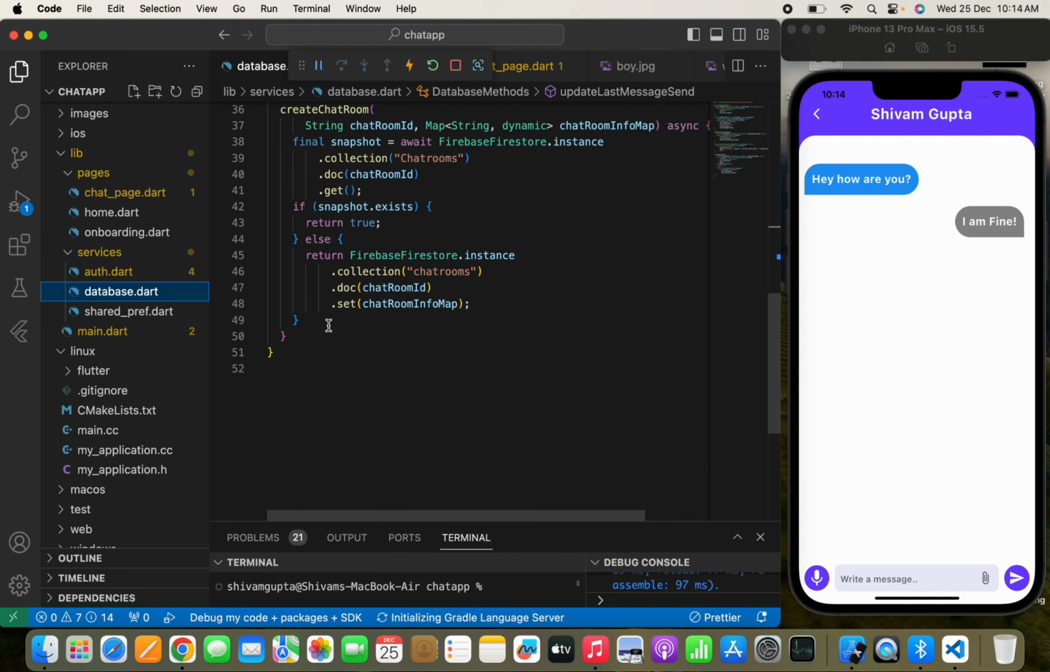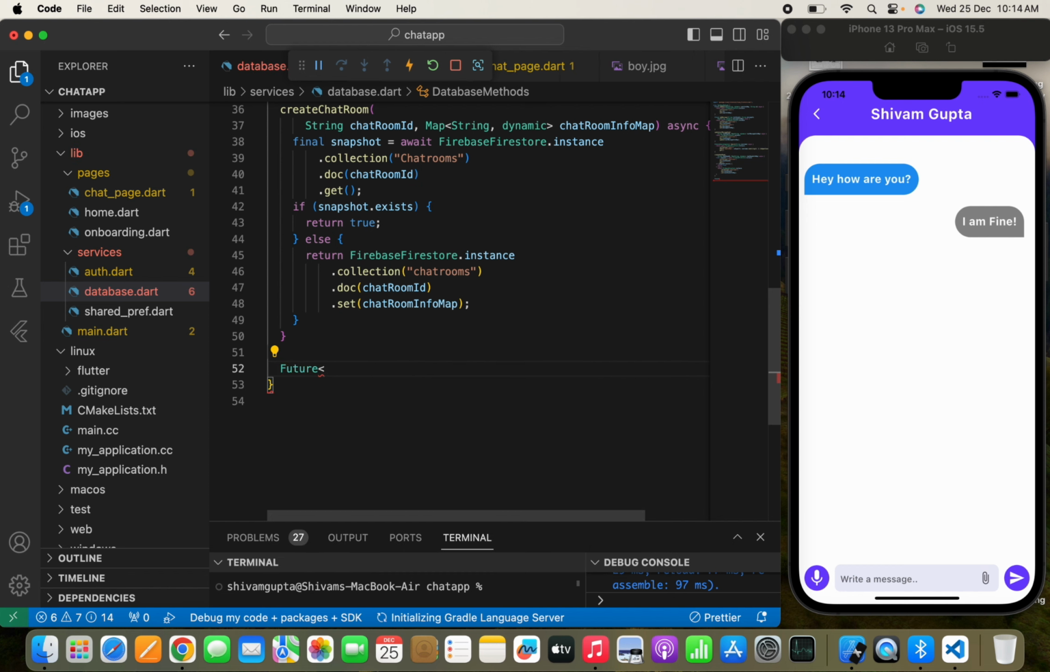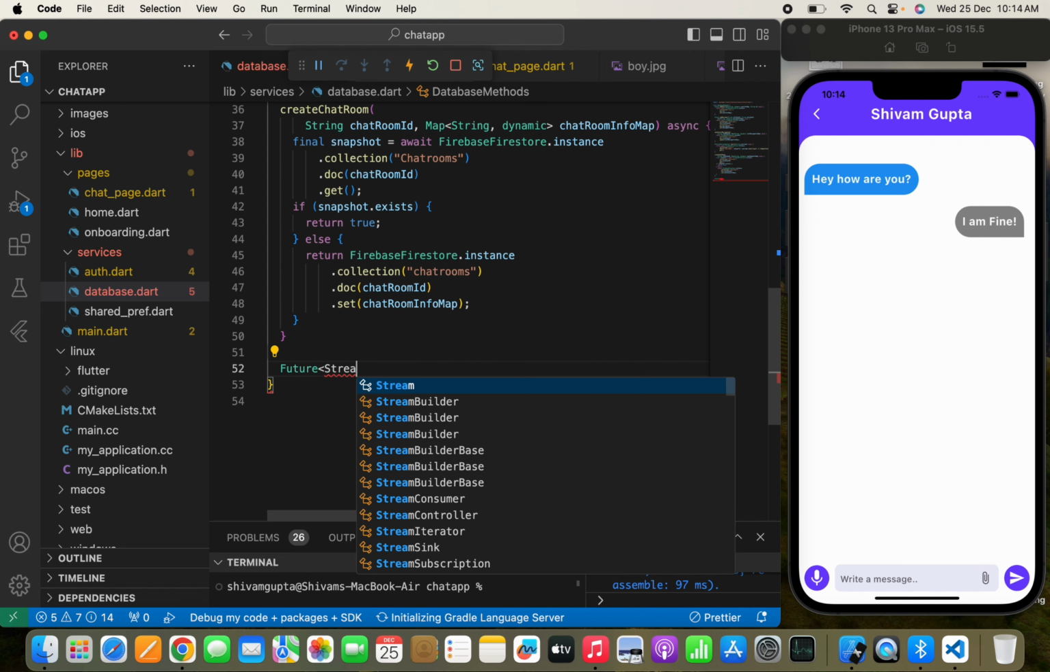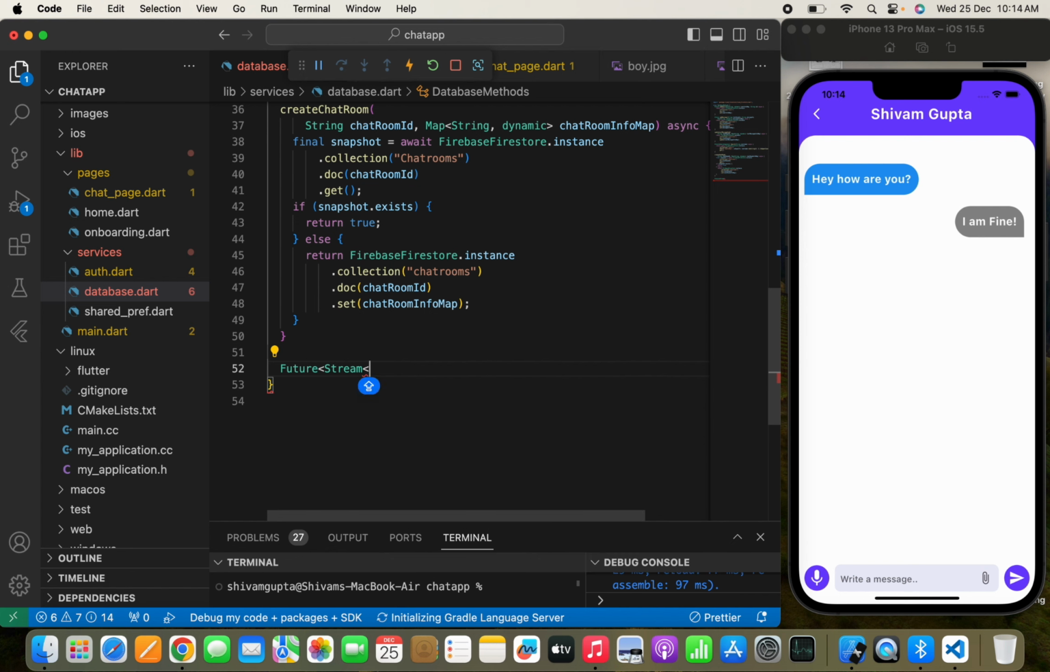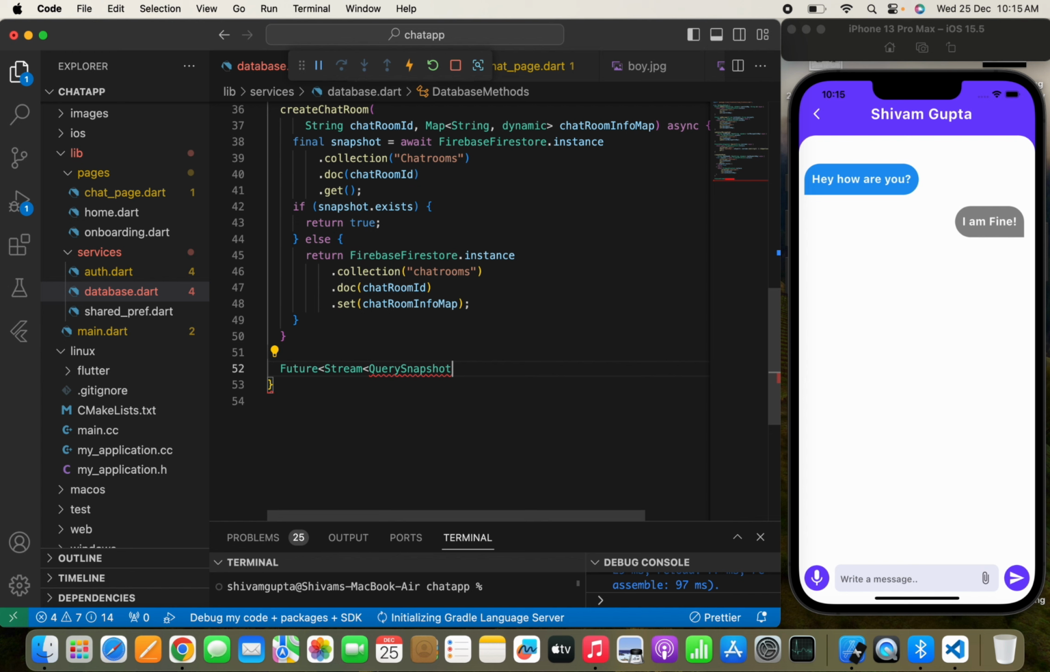So here let's move, and here we need to simply write a future. Now in this future, I need to simply first get the data from the stream. So I will write stream, and here I need to just write a query snapshot. Query snapshot, and here we'll simply write get chat room